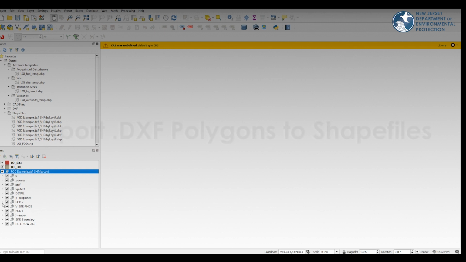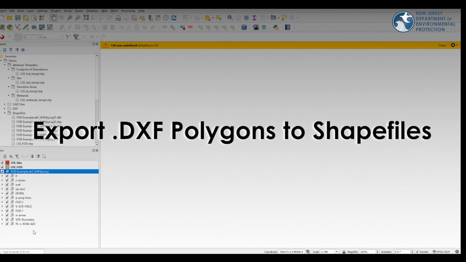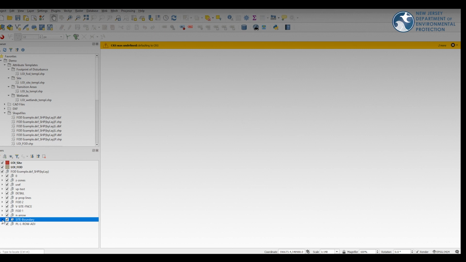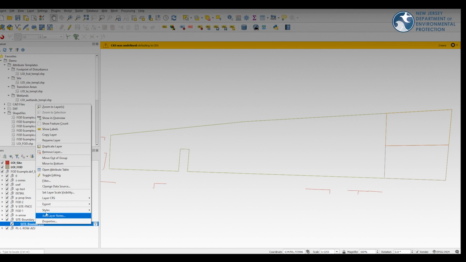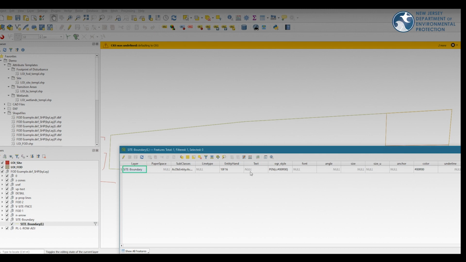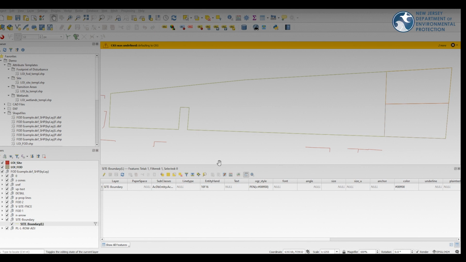Finding our individual polygons that we want to migrate into our template shapefiles, we'll start with the site shapefile boundary. So you can see here, there's an individual layer for the site shapefile. You can zoom to that layer to make sure that you can see it, and you can open the attribute table pane. Once you open the pane, you can dock that pane onto your program, so it's just a little easier to